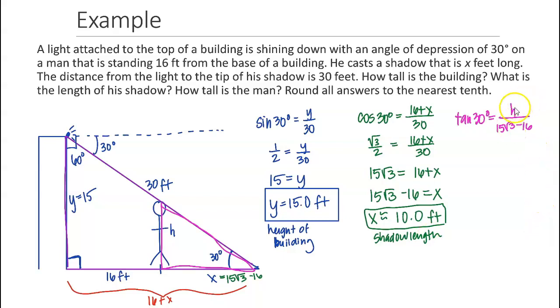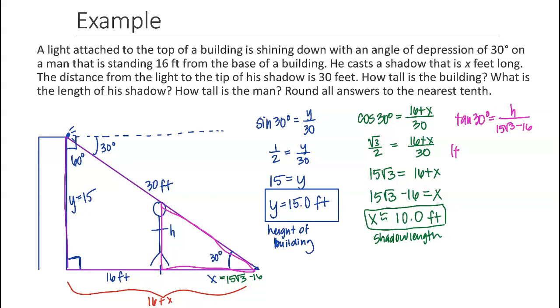To solve for the value of h, I'm just going to multiply both sides by 15 rad 3 minus 16. It's going to look kind of ugly, like tangent 30 degrees times this 15 rad 3 minus 16. That's equal to h. So that's my exact answer, but I want the approximate answer for h. I want to make sure to keep this difference in parentheses, and then multiply it by tangent 30 in my calculator in degree mode. I end up getting that the height of the man is approximately 5.8